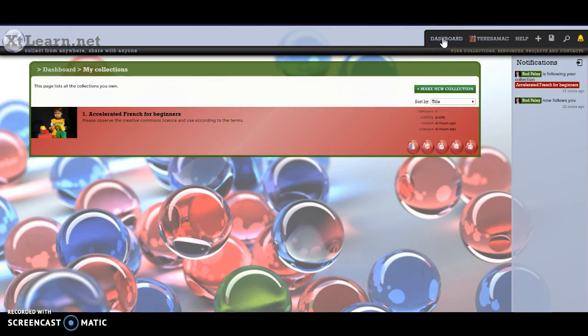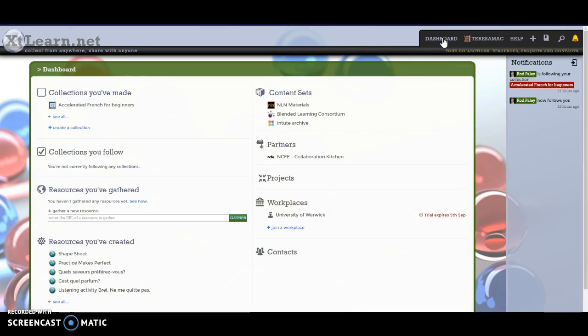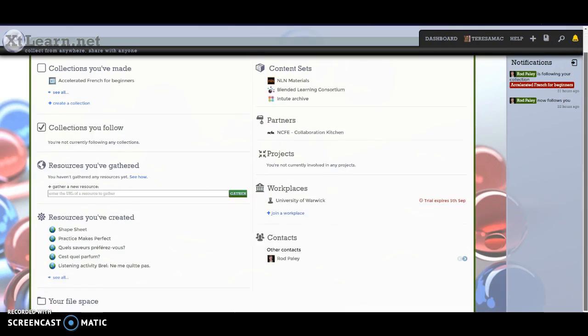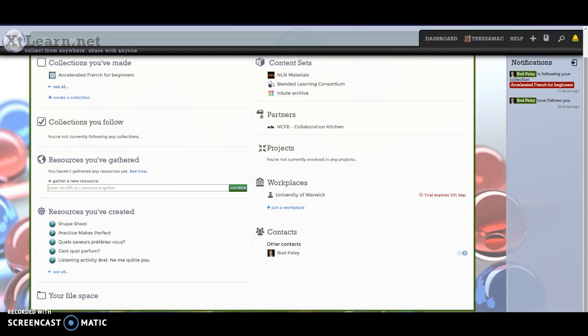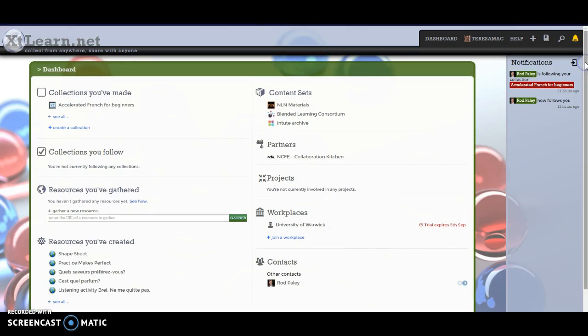So a really nice little resource. There are actually 2 levels of membership for XtLearn. I'm using the free one here with the 2 gig limit, but there is actually a membership, a plus level membership that gives you more file space and some additional functions as well. But all that information is available on the site,